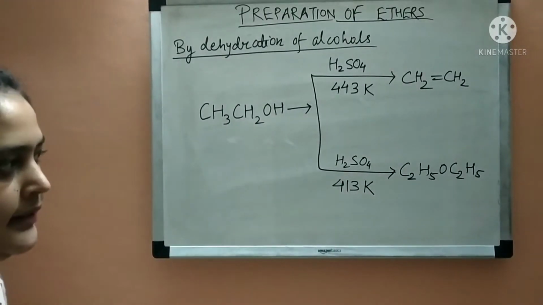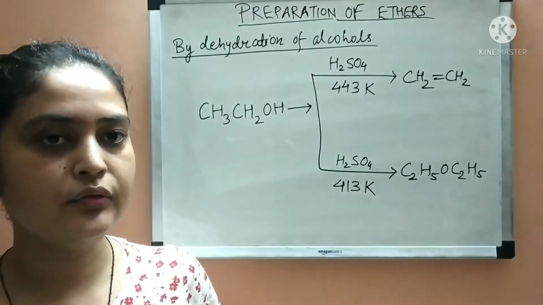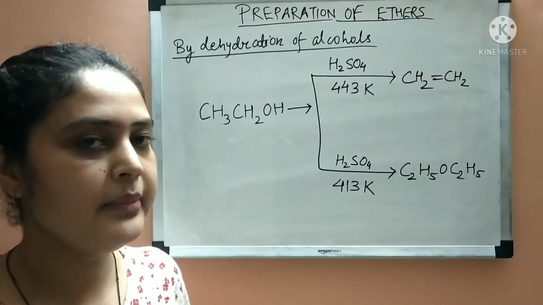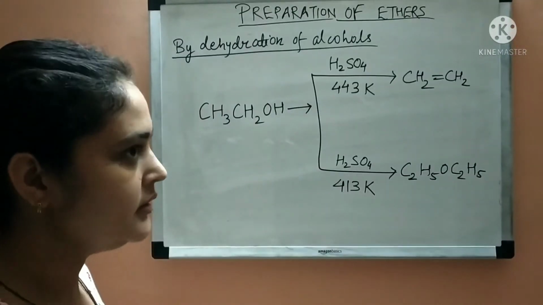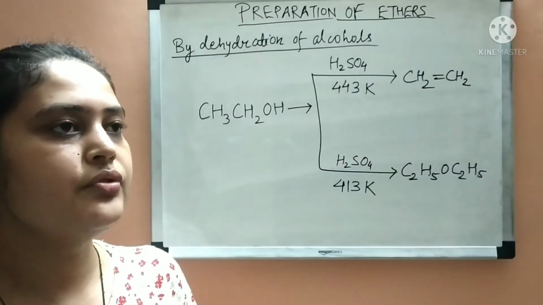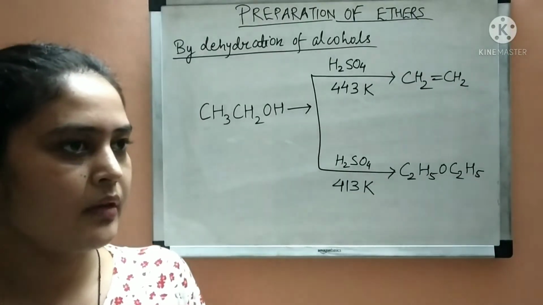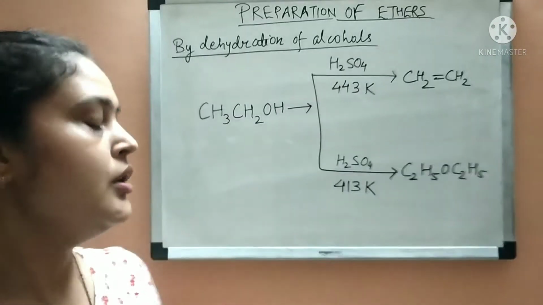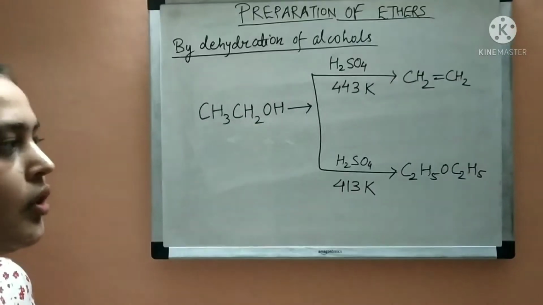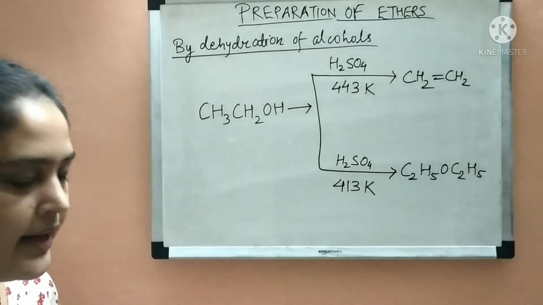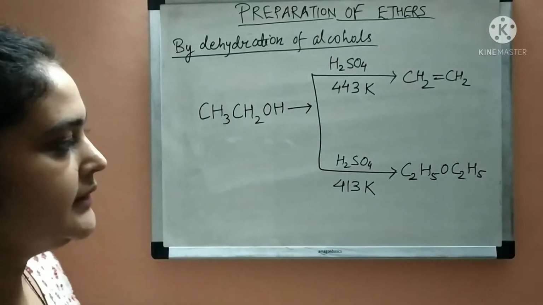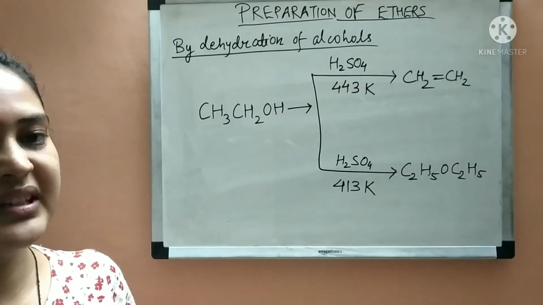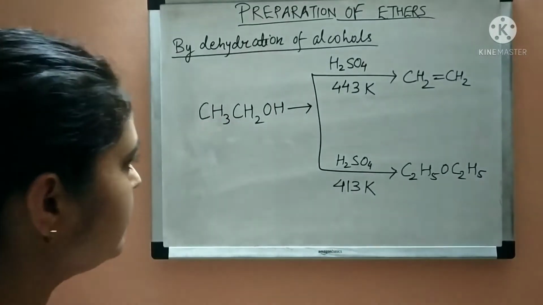Now this is diethyl ether. Diethyl ether was used as an inhalation anesthetic. What do you mean by that? Anesthetics are the drugs or medicines which are used to suppress pain or any sensation. But it is not used nowadays as an anesthetic because of its very slow action and also its very slow and unpleasant recovery rate. So that's why it is not used.